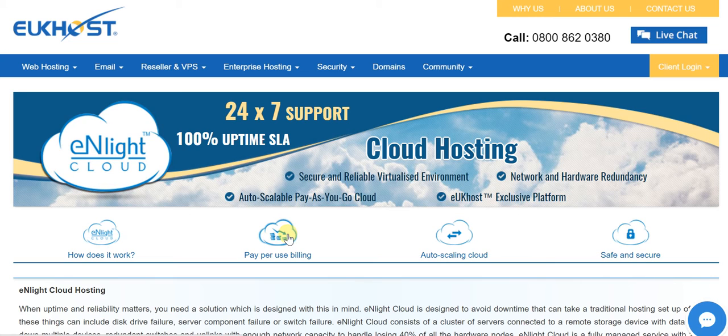So with this, we conclude with highlighting the fact that when it comes to cloud hosting, especially if you're in the UK, but not necessarily if you're in the UK, you could be anywhere in the world, but at the same time, especially if you're in the UK, then you should definitely look at eUKhost as your preferred managed